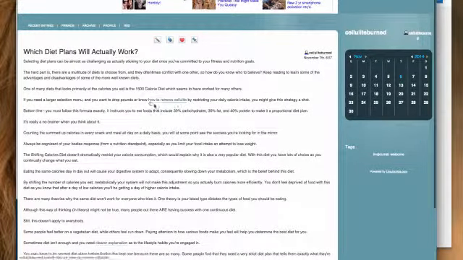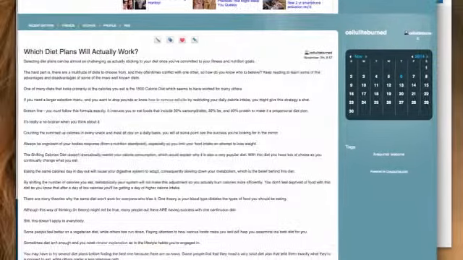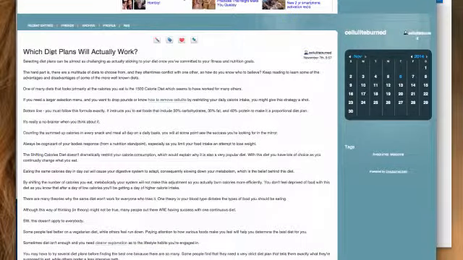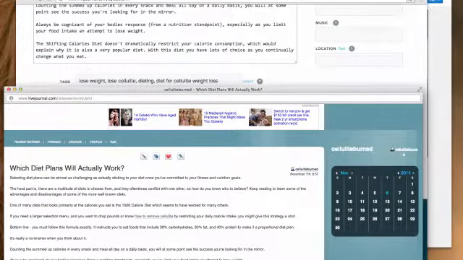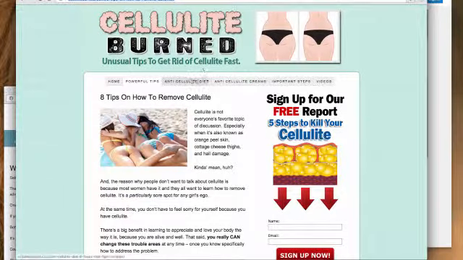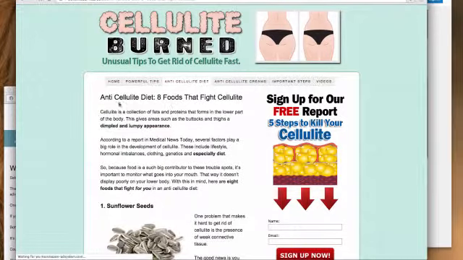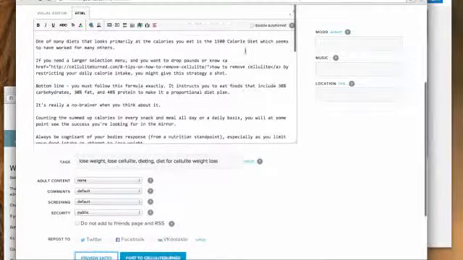If you are going to create more than one link to your money site, I recommend having each link go to a separate page. So in this example, which diet plans will actually work, we have a link with the anchor text, how to remove cellulite, okay? If you wanted another anchor text link in this article, you could just optimize for another page, like this one is anti-cellulite diet, right? Which would actually be a pretty good one for this article. So I just happen to know that the keyword for this page is anti-cellulite diet. We could go here and we could say,